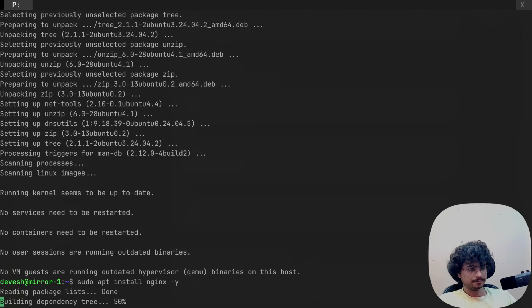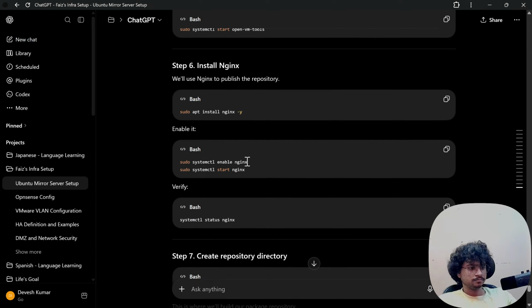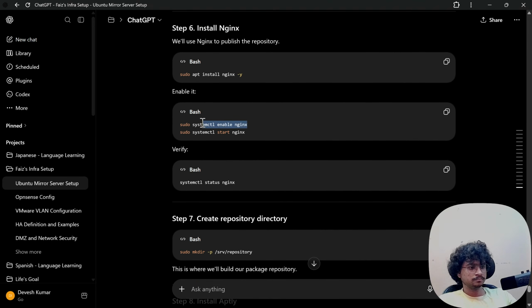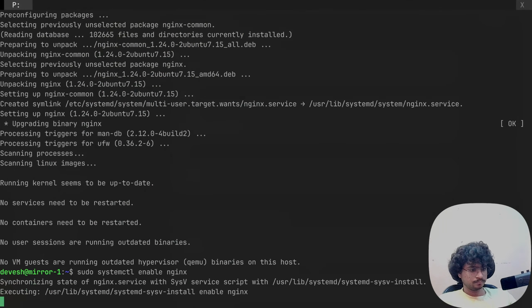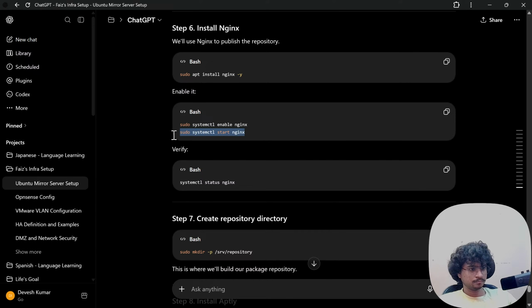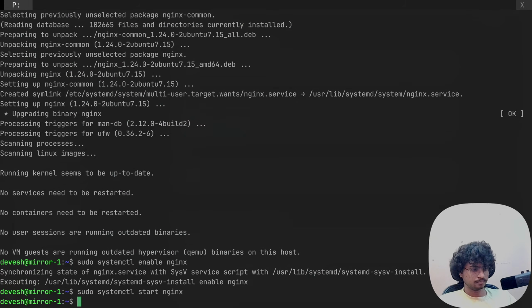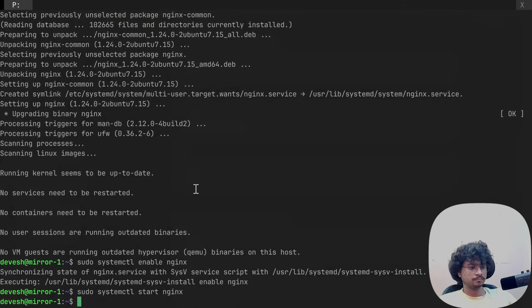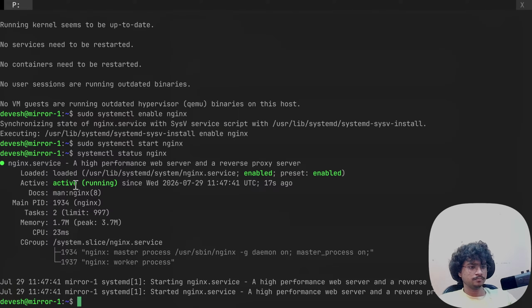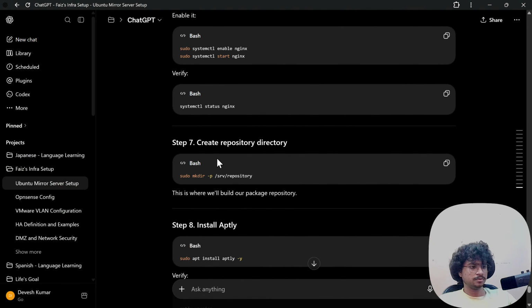Install Nginx. Yes, this is running. Server repository.